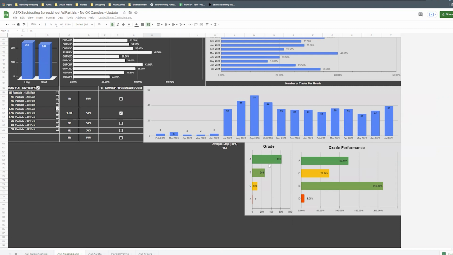People will definitely love this. Yeah. And I think knowing that, knowing how the grades perform, we all know stacking as many probabilities in our favor as possible, and being selective is what's going to give you the best approach going forward. And I think just to drive home that point, you got to limit the amount of trades you are taking.